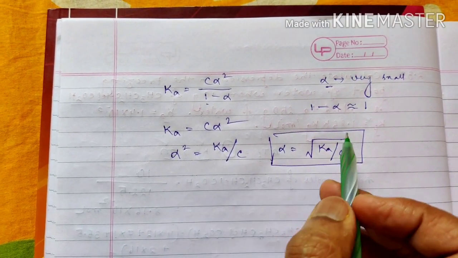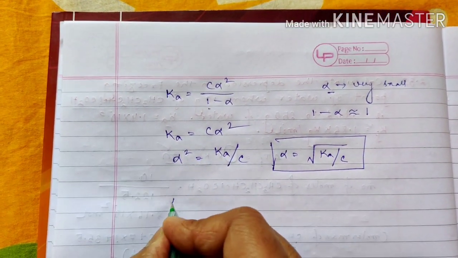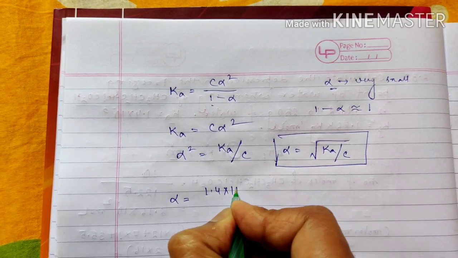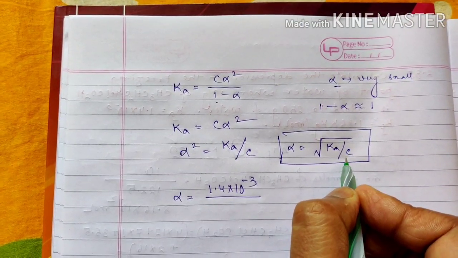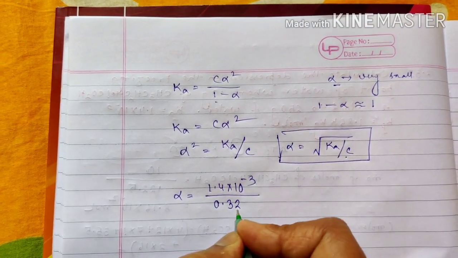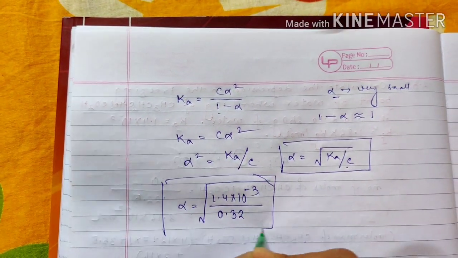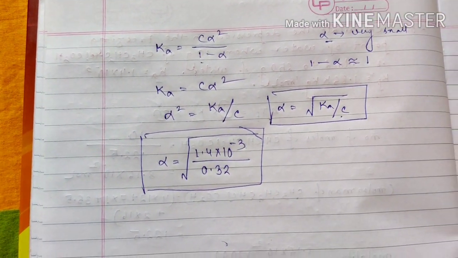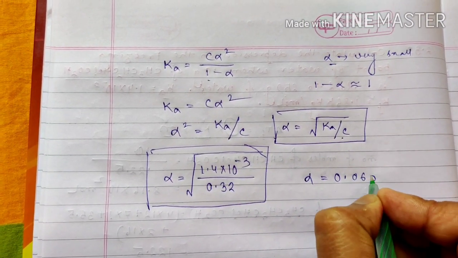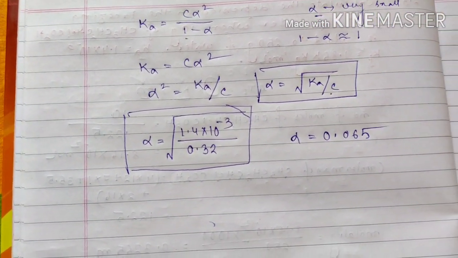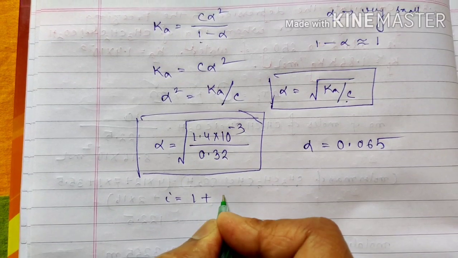Now the value of Ka is already given. We put this value, 1.4 into 10 to the power minus 3, and the concentration, that is the molar concentration, already calculated, 0.32. Now we have to calculate this part. You calculate it separately. You will get alpha value equal to 0.065. Now we already have calculated i is equal to 1 plus alpha,